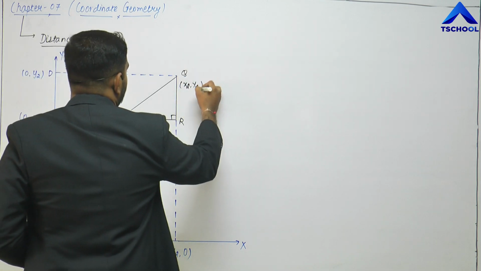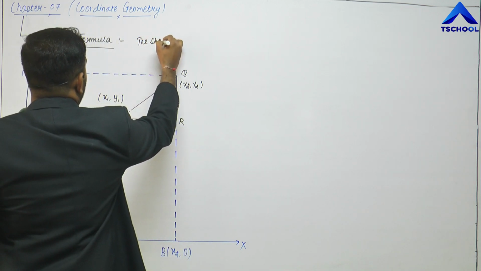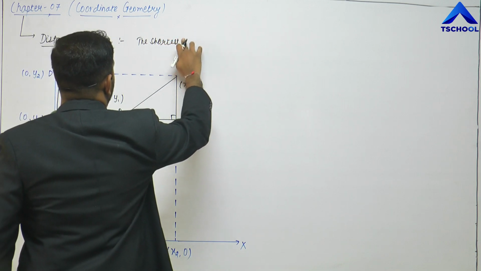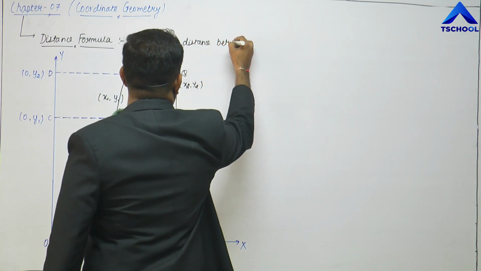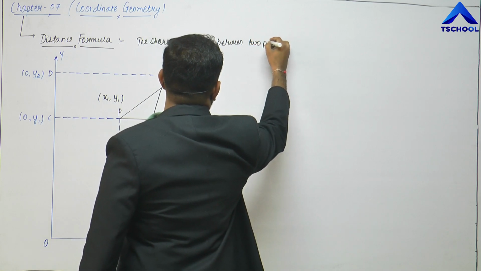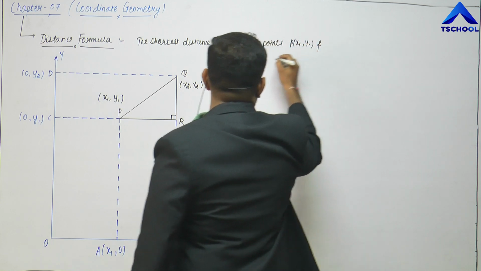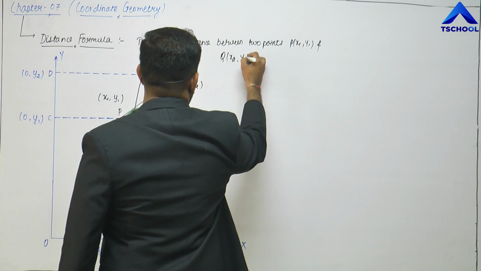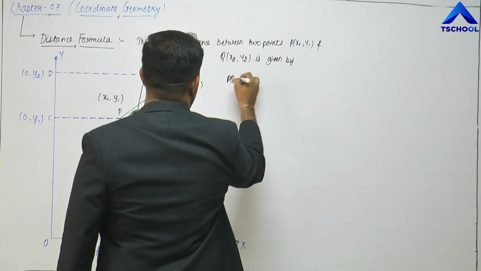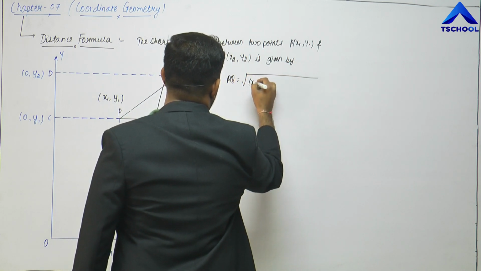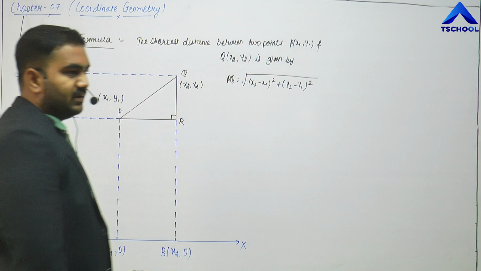So for this graph, the distance formula, the shortest distance between 2 points P x1 y1 and Q x2 y2 is given by PQ is equals to square root of x2 minus x1 whole square plus y2 minus y1 whole square, right? But what if,